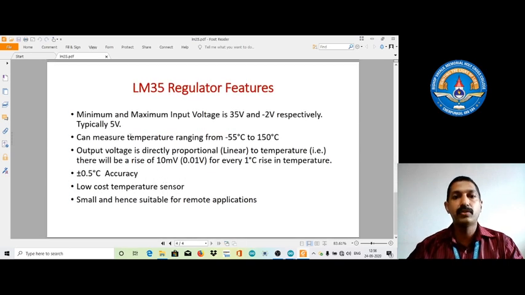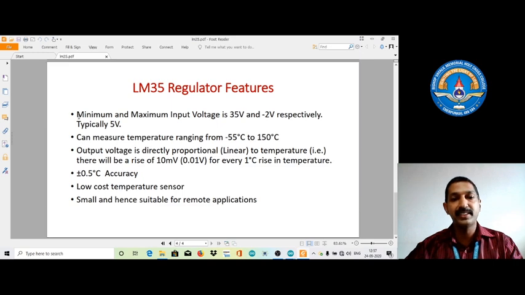These are the features of the LM35. First, the minimum and maximum input voltage is minus 2 volt and 35 volt respectively, though typically we use 5 volt. It can measure temperature ranging from minus 55 degrees Celsius to 150 degrees Celsius.